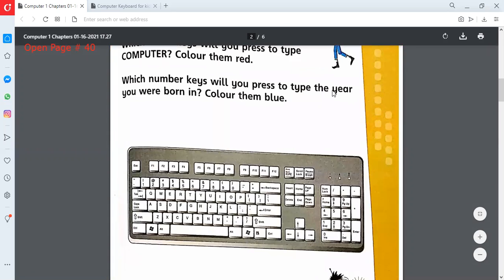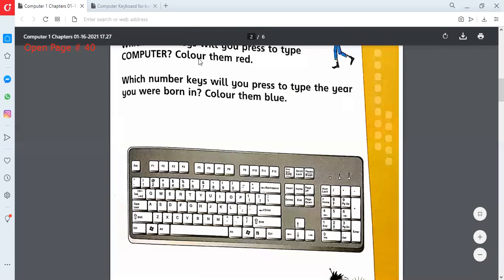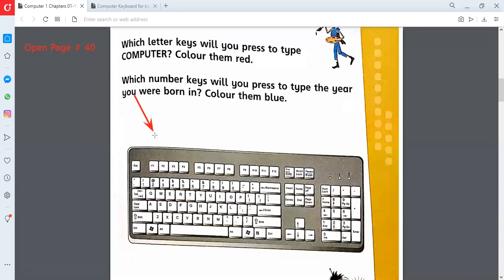Right now, we are at page 40, but we are just viewing the keyboard. This device is placed in front of the monitor, and we use it for typing letters and numbers.